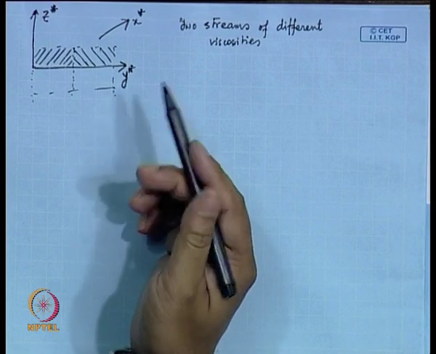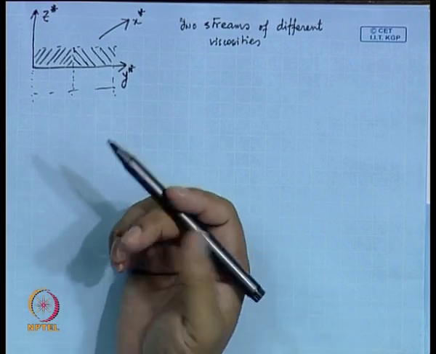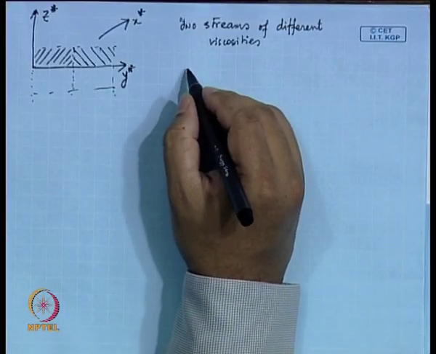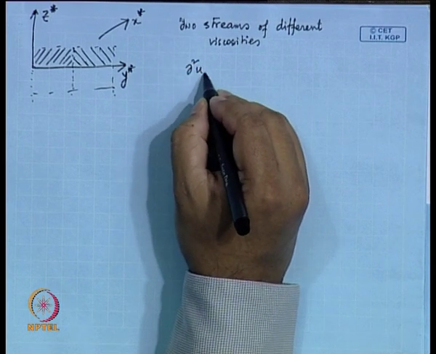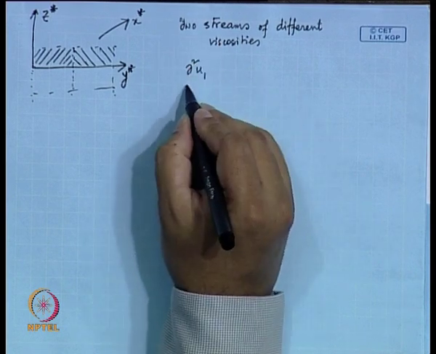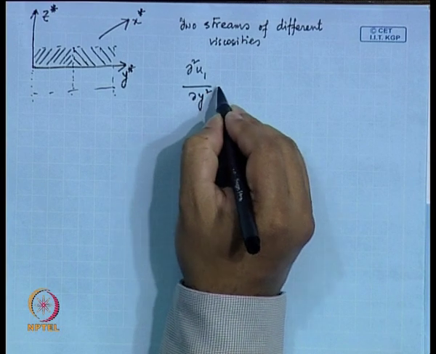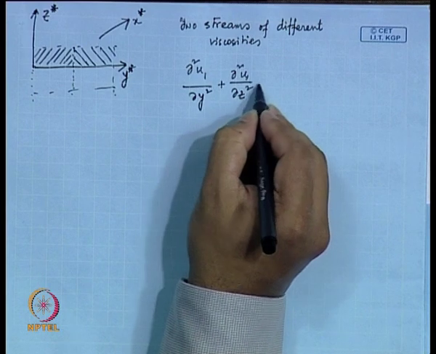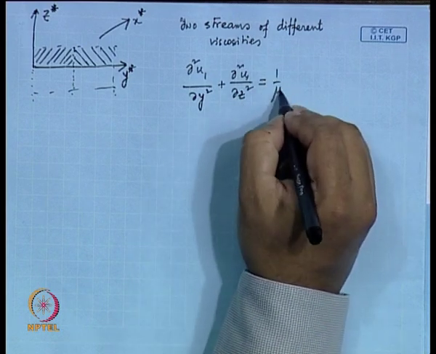The approach that you should have here is to write down the Navier-Stokes equation for these two systems separately. That means, for the left one, it would be del square u 1 del y square plus del square u 1 del z square